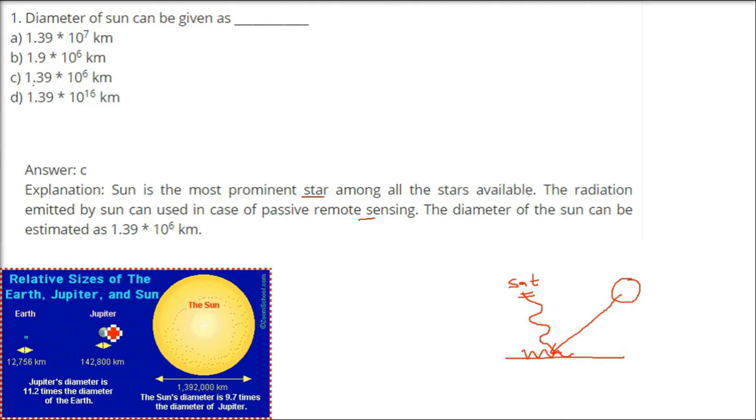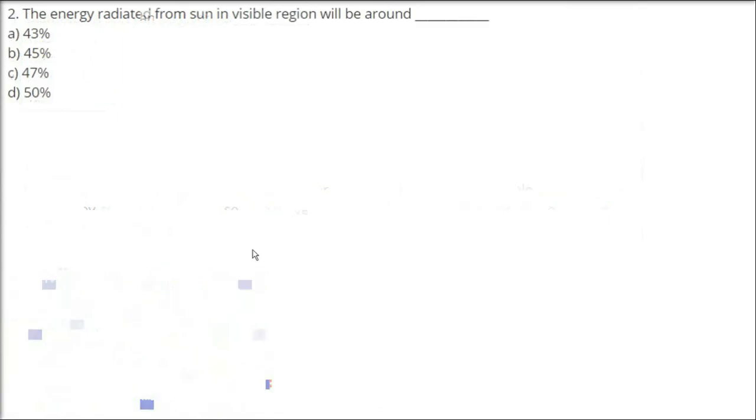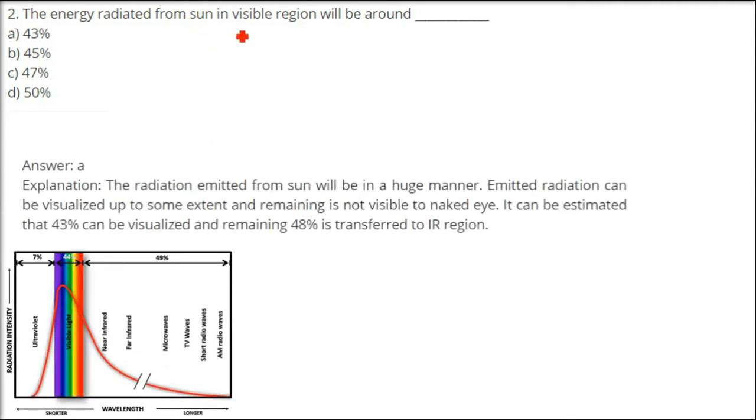Earth has a diameter of 12756, Jupiter is 142800, and the Sun's diameter is around 9.7, or 10 you can say, times the diameter of Jupiter. So you can say Jupiter is 11.2 times the diameter of the Earth, and the Sun is 9.7 times the diameter of Jupiter. The energy radiated from the Sun in the visible region will be around